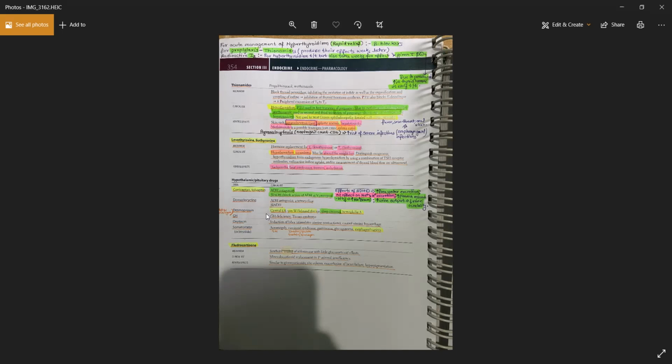And for radioactive iodine as a treatment for hyperthyroidism, you always give it with beta blockers, because sometimes in the early treatment, the radioactive iodine will increase the thyroid hormone in the early stages. So if you're a physician giving radioactive iodine therapy to a patient for hyperthyroidism, you always give it with beta blockers, because in the early stage of the treatment, it can cause a paradoxical increase in thyroid hormone. Okay,